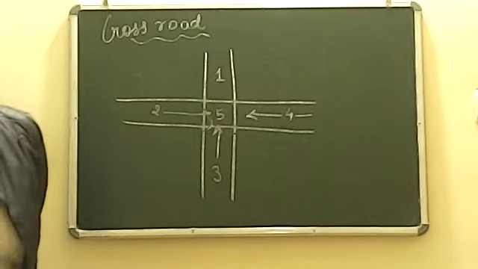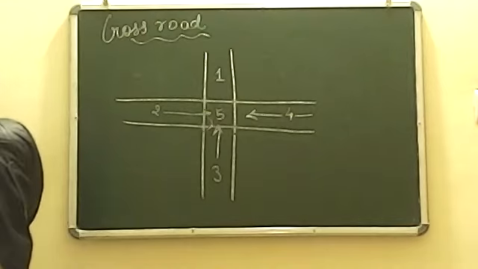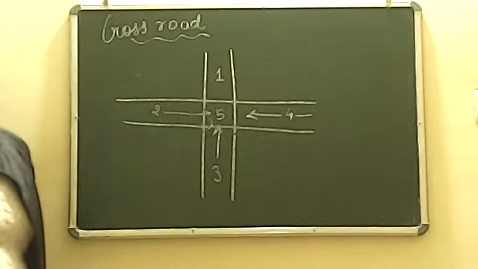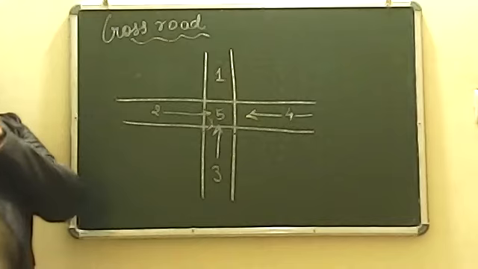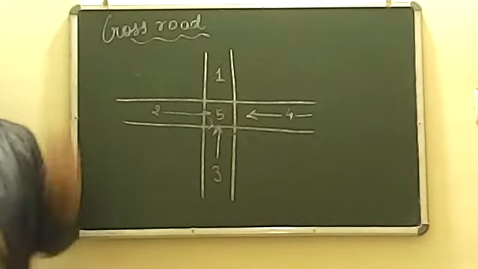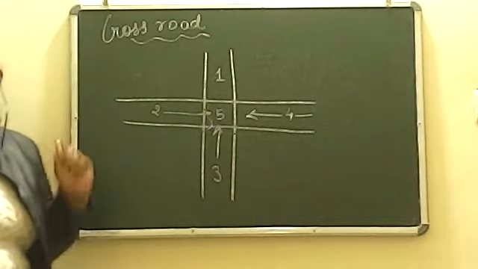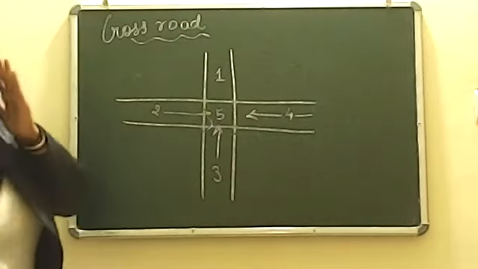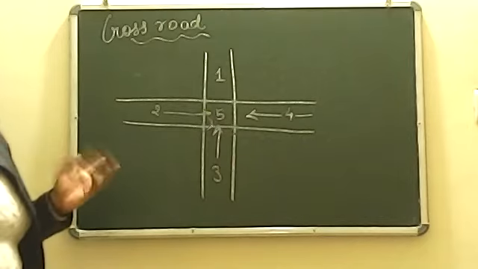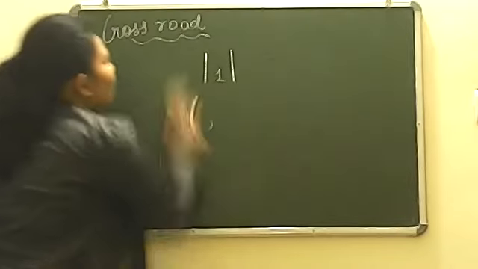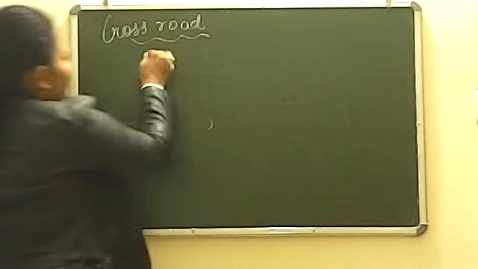Please reply in the chat box. Okay, yes, Utkarsh, very right. Very correct, Kashish, Lisa, Pragyan, Nupur, Soumya, absolutely right. The common place is the place number 5. Okay, the place number 5 is common in all. Now let's discuss how to find out the area of this type of crossroads. I'm going to tell you a trick. How can you do it? Like in the previous question, how we were doing it, the same we will be doing in this. So all of you make a rectangular place, take your scale, let's have a rectangular place.